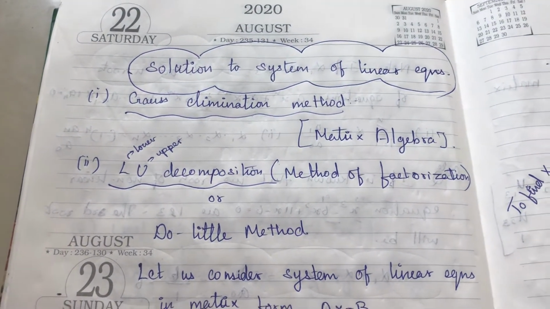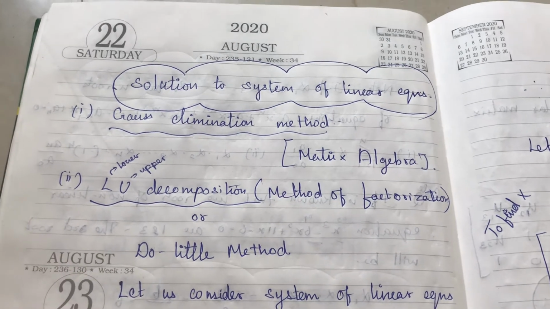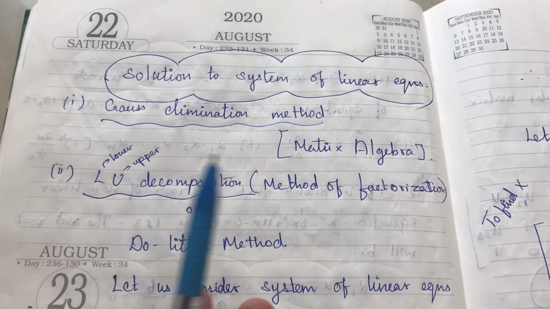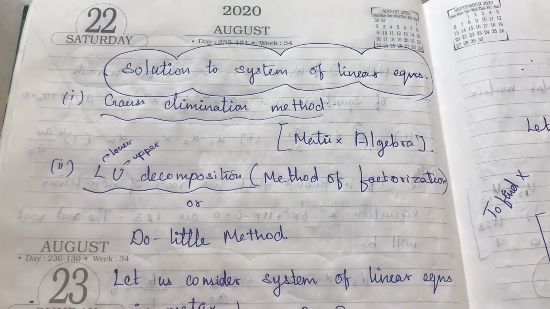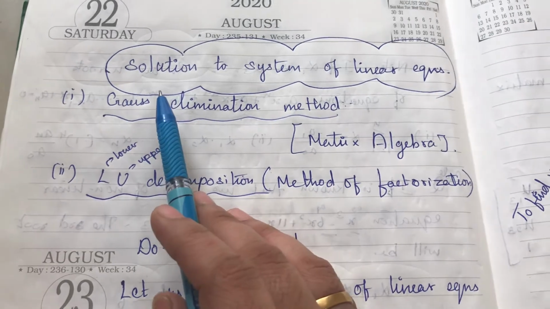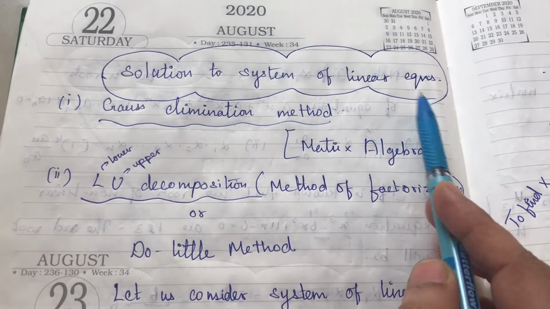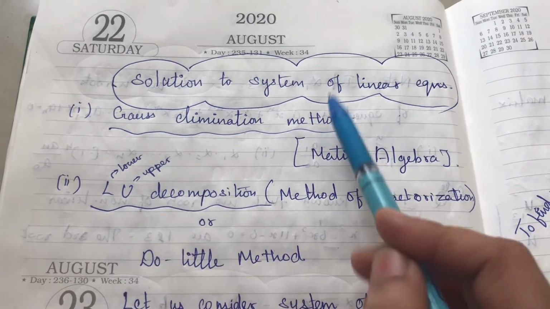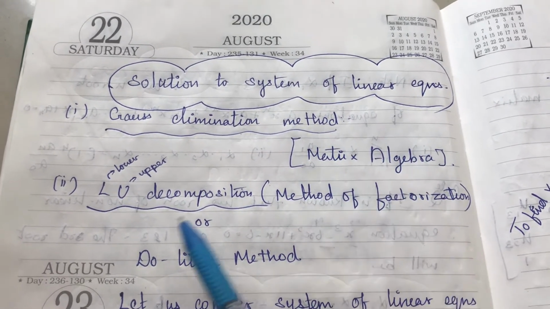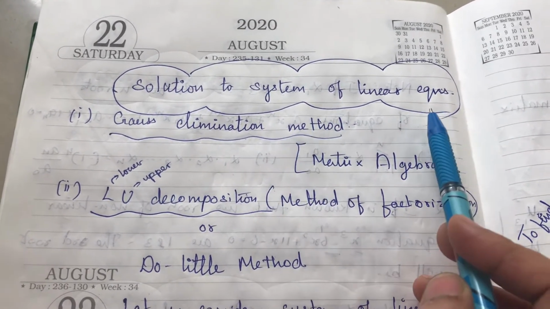Hi everyone, today I have come back to take the last topic in the last syllabus in mathematics. In this video I will cover the last topic in this syllabus. The first one is solutions to system of linear equations. We're going to see the solution for linear equations, ordinary equations, and then integration of functions. So, solution to linear equations.